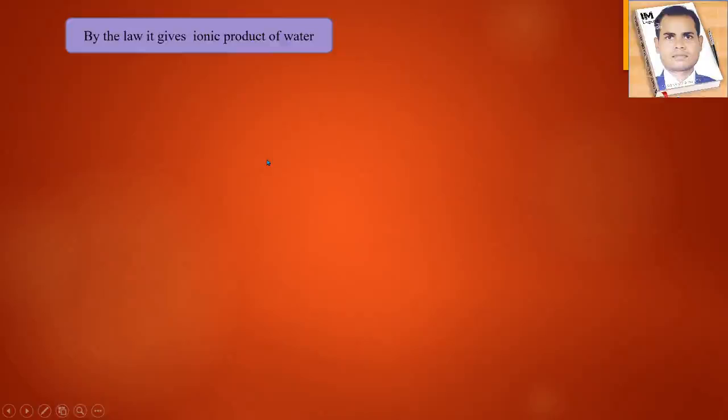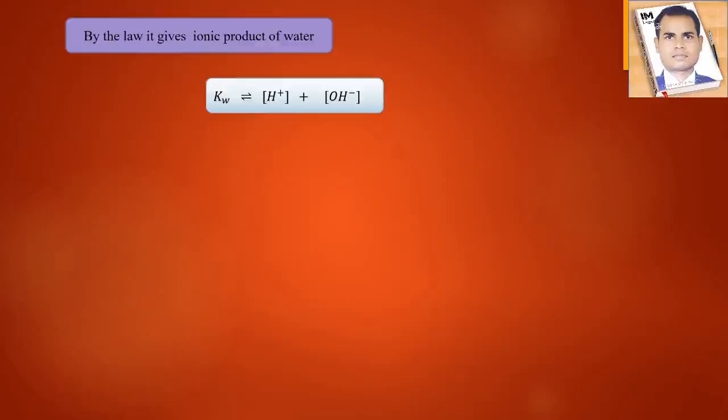So you will say the ionic product of water is Kw. It gives the concentration of H plus times the concentration of OH minus, and then dividing the equations, this one,